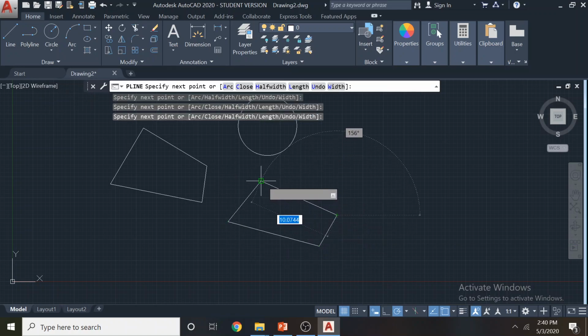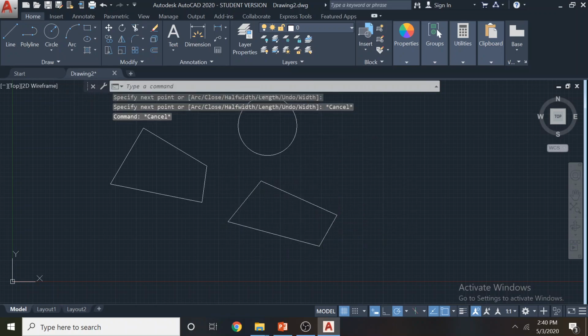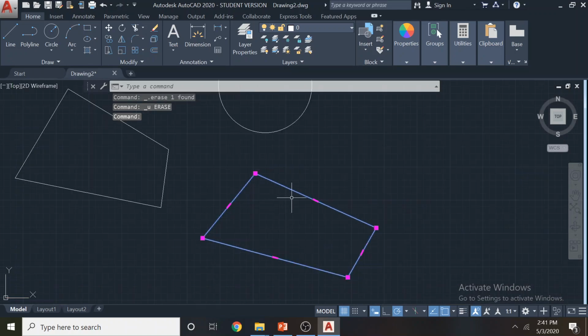Now I'll draw a similar object. This is done with the polyline tool. You can see when I select it, every line is selected. Here it's not that way, it's only this one. If you want to delete this line only, it cannot be done easily. If I want to delete this, everything will be deleted. And the grippers are also different. The corner grippers are the usual squares, but the middle gripper is a rectangle.